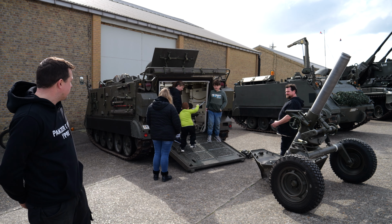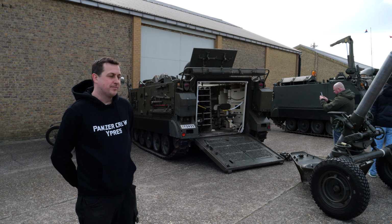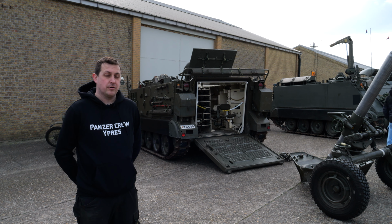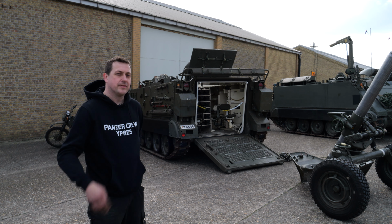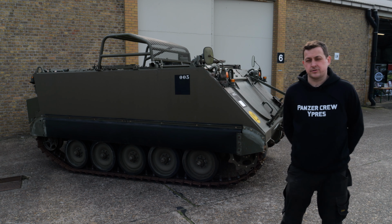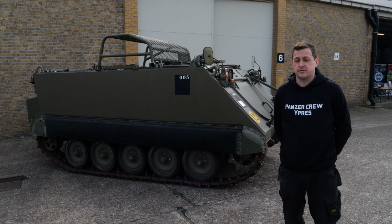Behind me you have the M113A1. Behind me you see the M113 A1B. To carry on about our models, behind me is the Surveillance de Champ de Bataille, which is basically the battlefield